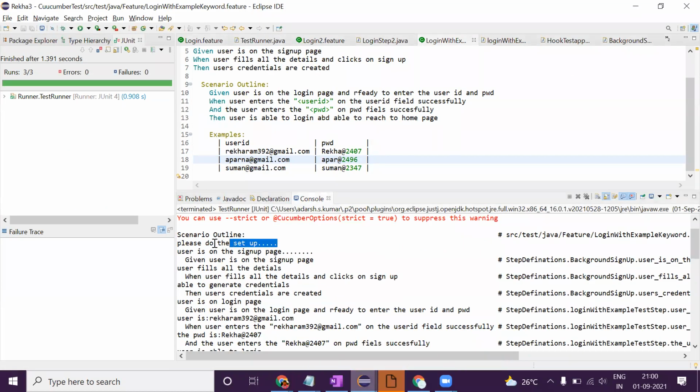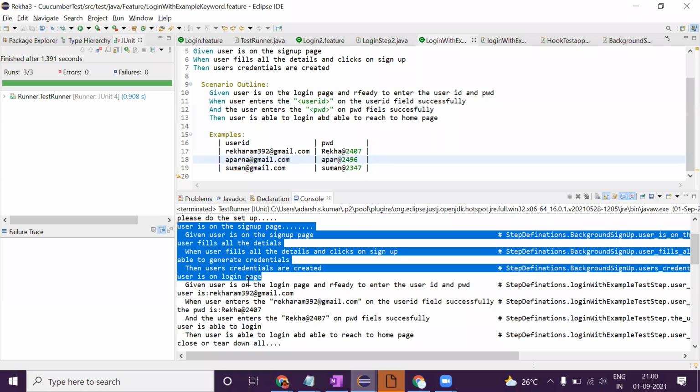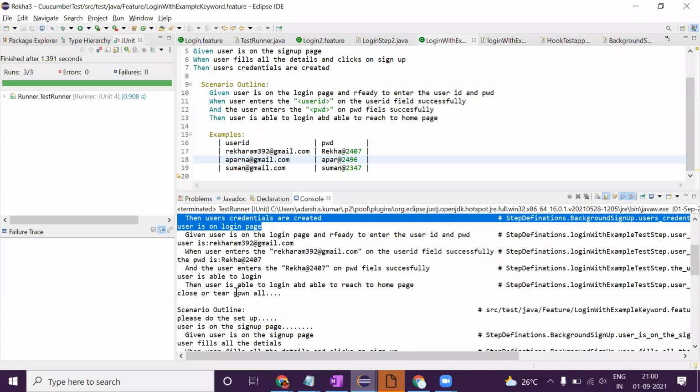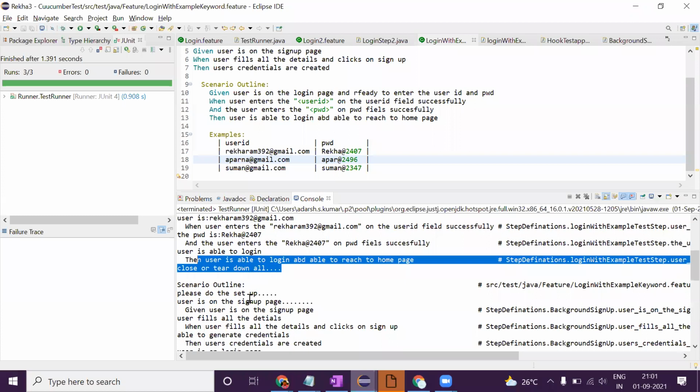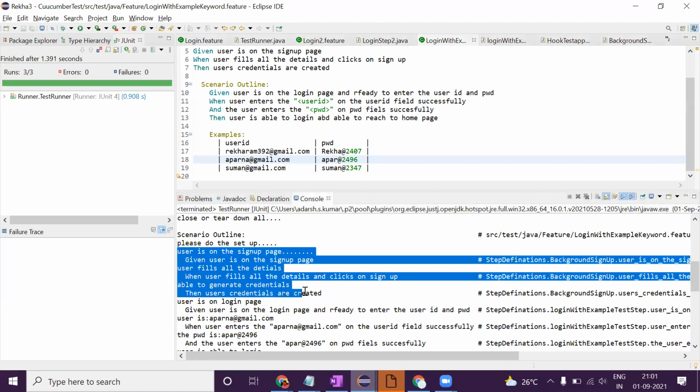Please do the setup because it was your hook. Then it goes to your Background, then your particular feature, then hook close. Then again, before your second scenario, for the second user Aparna, the sign up needs to be done again. That is how it works.